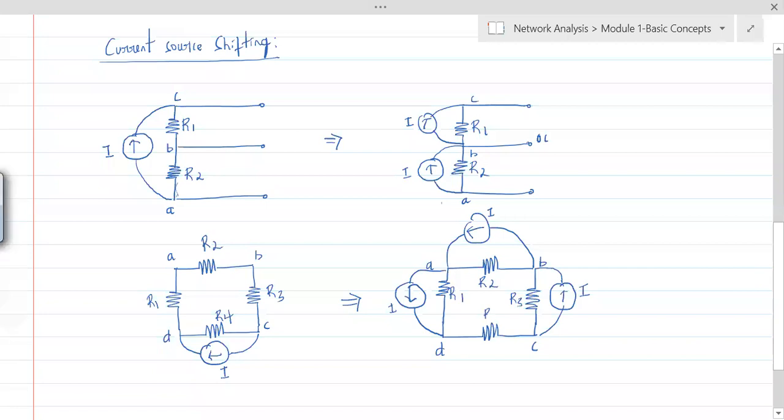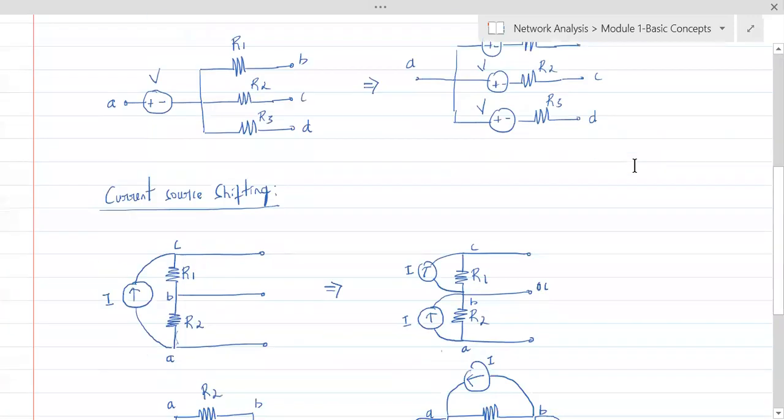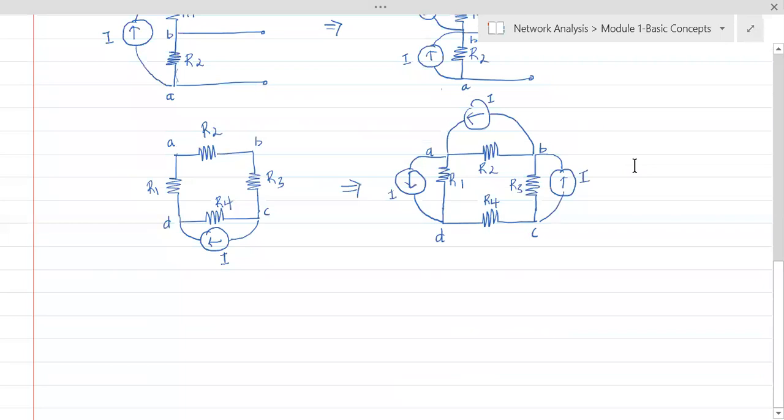Yes, I agree, this is not an efficient way of dealing with the circuit, but shifting can also be done like this. You will not be coming across these types of cases, but the first case I have explained is efficient in the further steps. So we shall take such problems and understand how this is actually useful. Let's go with the problems directly.